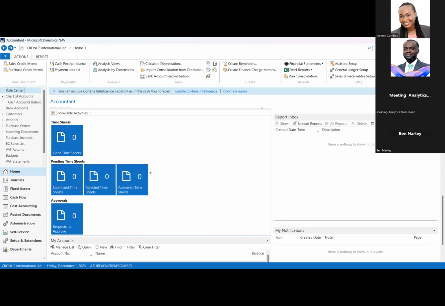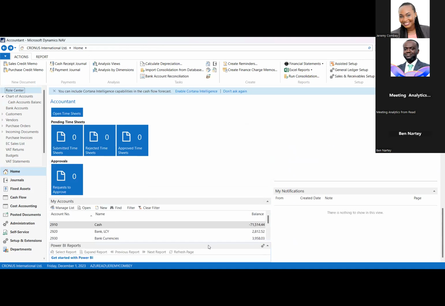So we have the timesheet aspect of it. Then we have the my accounts. So I'm going to show you the chart of accounts, which has the list of all your accounts. But this is really how generally the role center of the 2018 Dynamics NAV looked like. So let's look at some of the masters too, because eventually I'm going to show you how it looks now